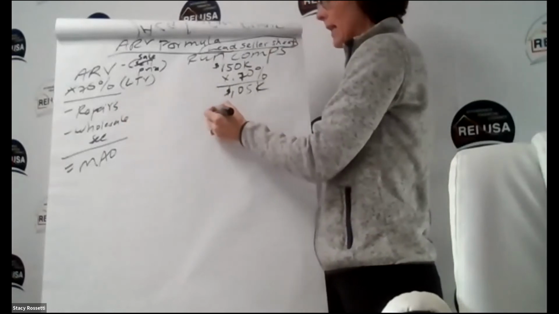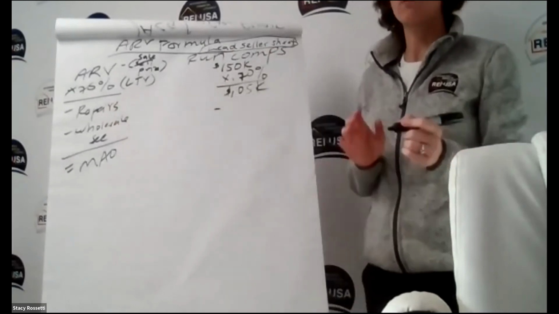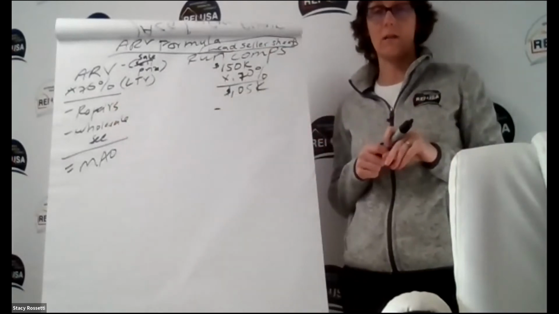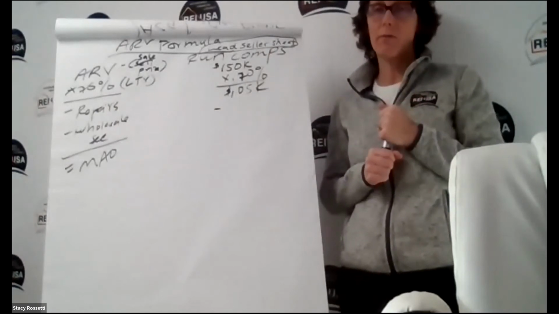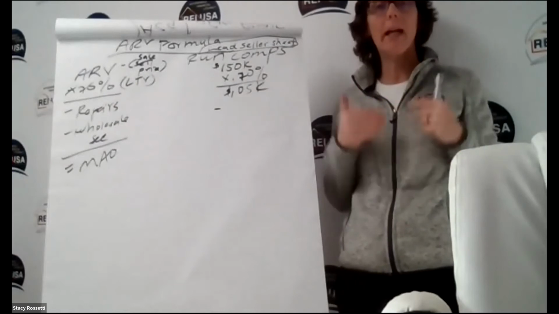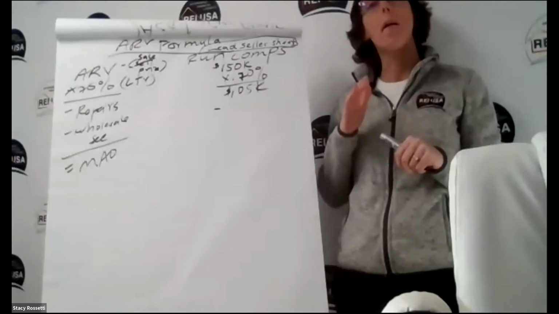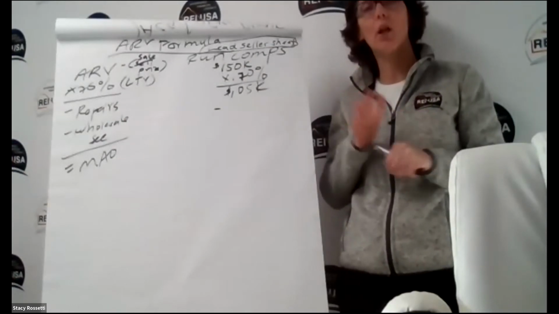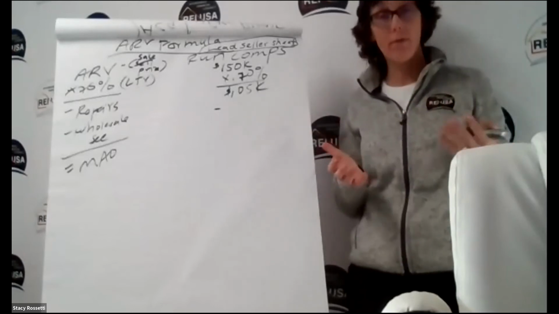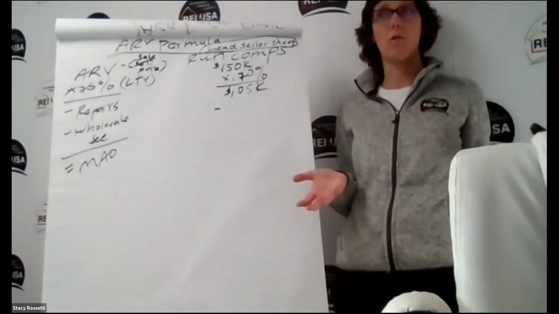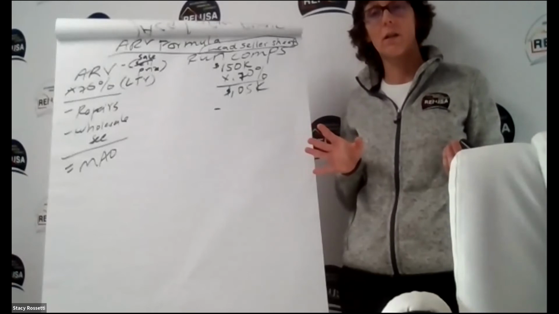And now you're going to minus the repairs. How do you figure out what the repair cost is? There are many, many different ways. One of them is that there is a repair estimate in the forms directory. But you have to go and look at the property. The only way you're truly going to know what the repairs are is if you go and look at it. I mean, if you ask the seller what